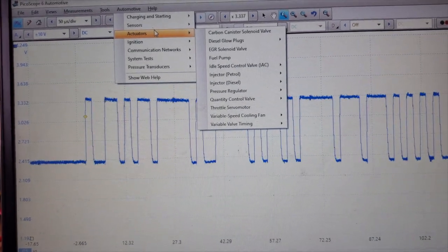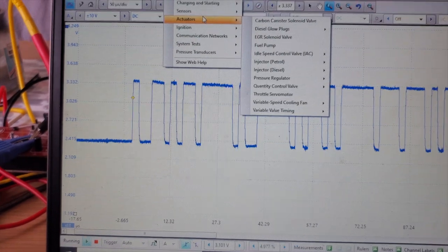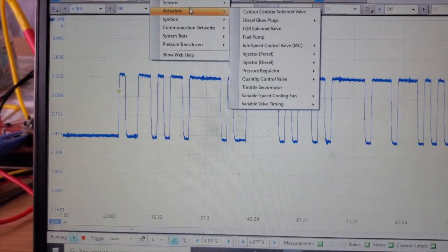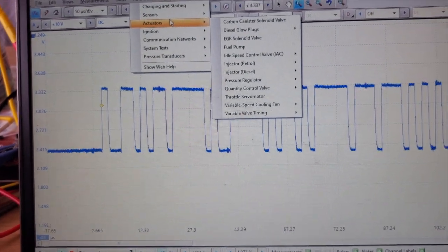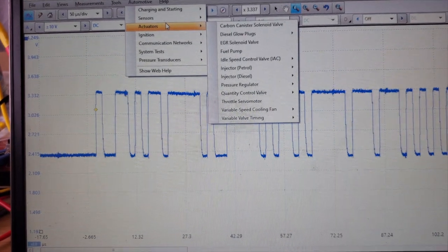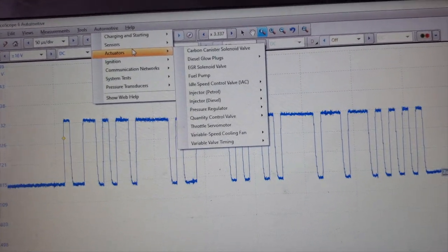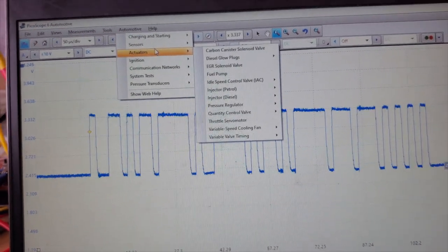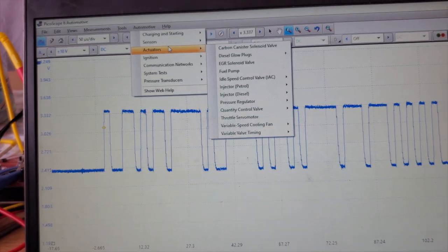It's not something you're going to learn in 5 minutes. The Zeus, you can learn this software within half an hour. If you've used any scopes before, the Snap-on's pretty intuitive. You're going to figure it out pretty damn quick. It's not hard. It's simple to use. Cursors, triggers, the filters, and the peak detect. You don't need much more than that usually, but when you're getting into pressure transducers and things like that,